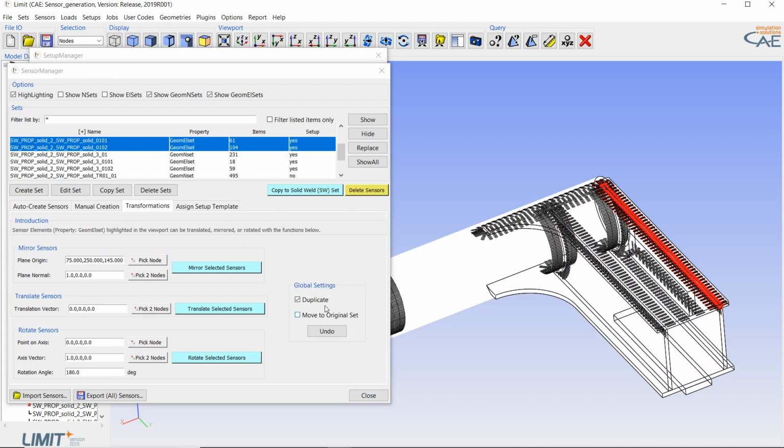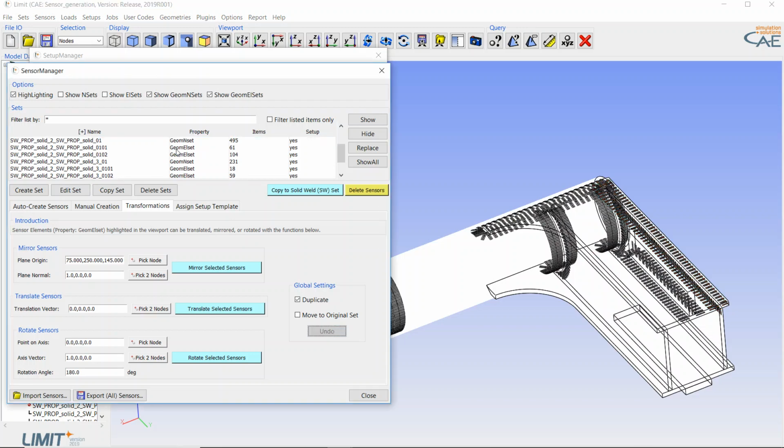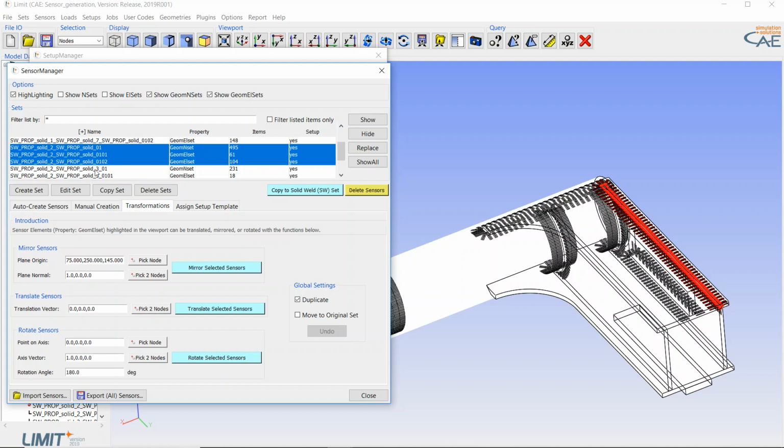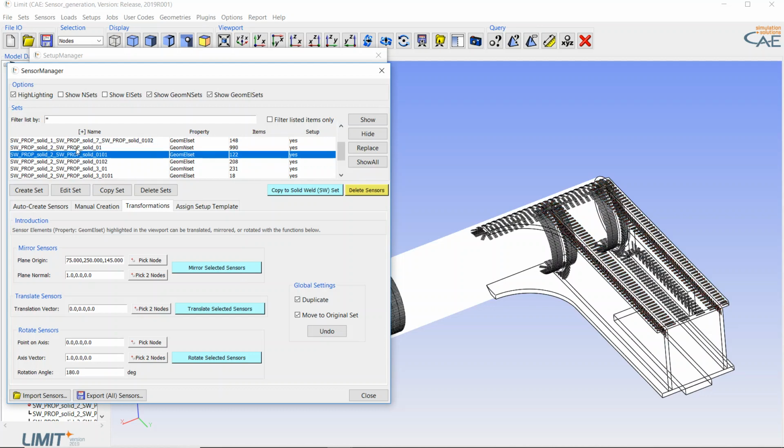Actually, I will undo this because I forgot to tick on move to original sets. I don't want an individual set. I want to have the same weld settings on both sides. So I will mark this again. I will tick this on and I will mirror them once more. And now we have the same sets for the sensors on both sides, and the definition